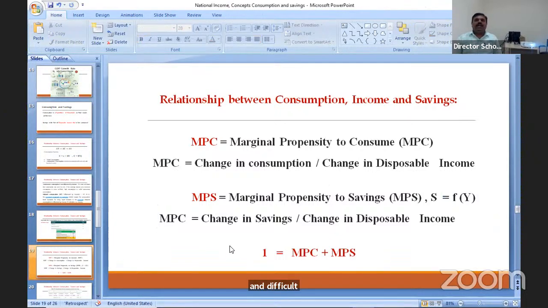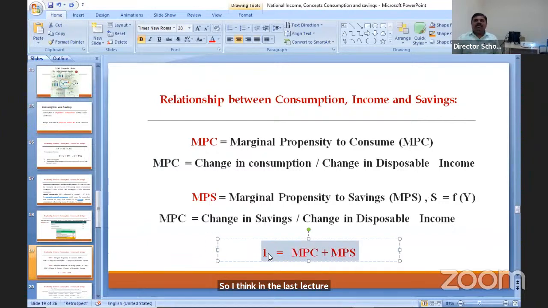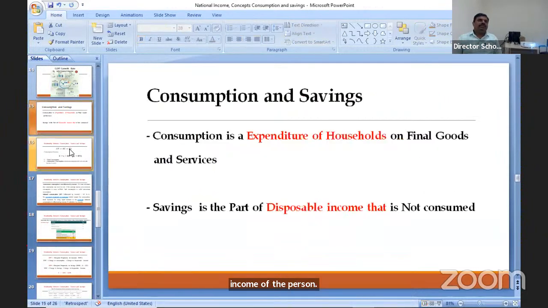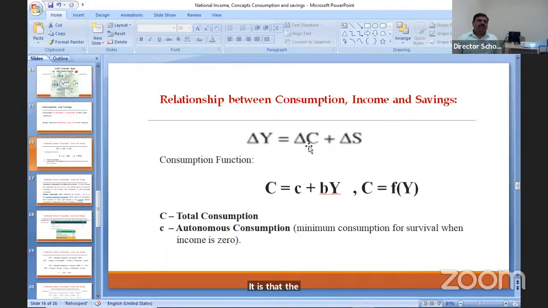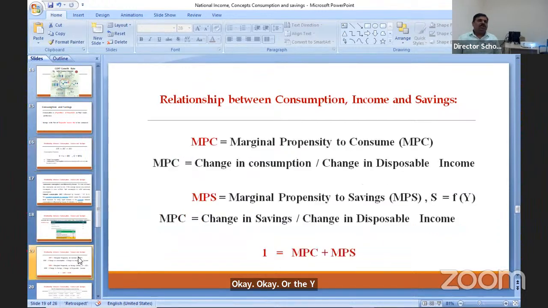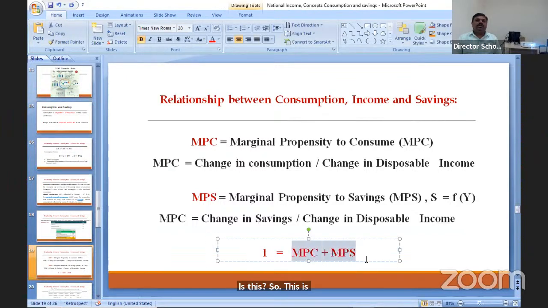So I think in the last lecture I told you that one means the total income. MPC plus MPS means consumption plus savings. Consumption function plus savings function becomes the total income of the person. Is this that equation narrates that change in C means MPC, change in S means MPS. Okay, MPC plus MPS means delta Y or the Y. Is this? So this is a very important thing in case of the relationship between consumption, income